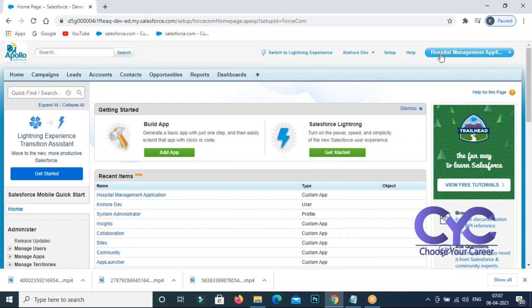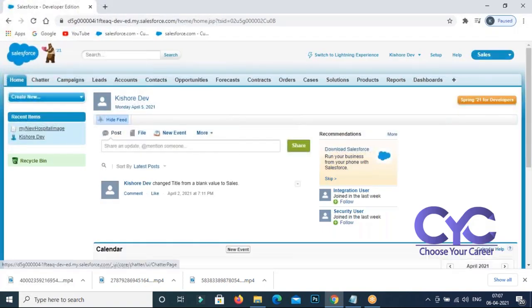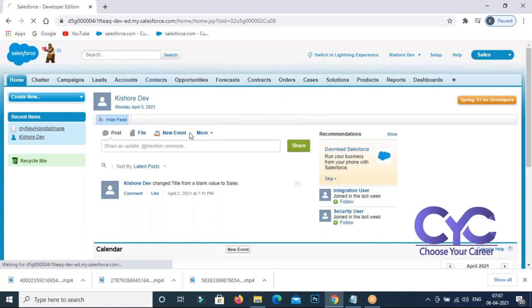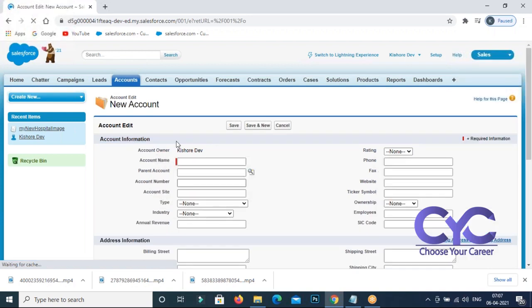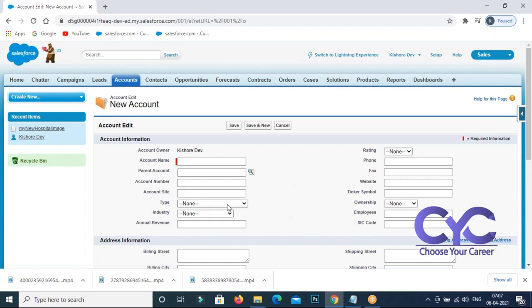Right. Look at here. Whenever you go to our application, the Sales application, these all are the tabs. And behind every tab we have the object. Look at this. These objects are given by Salesforce. It is an account object that contains a number of fields, right? These are all other fields. These are the standard objects. Of course, we don't have any option to delete those objects, right? Objects which are given by Salesforce, all of them standard objects actually.